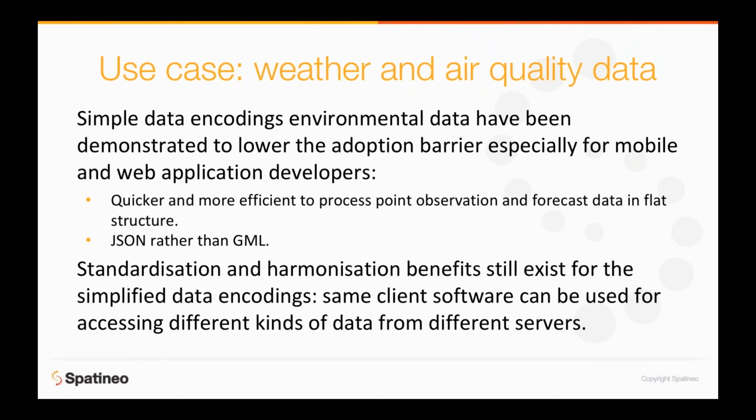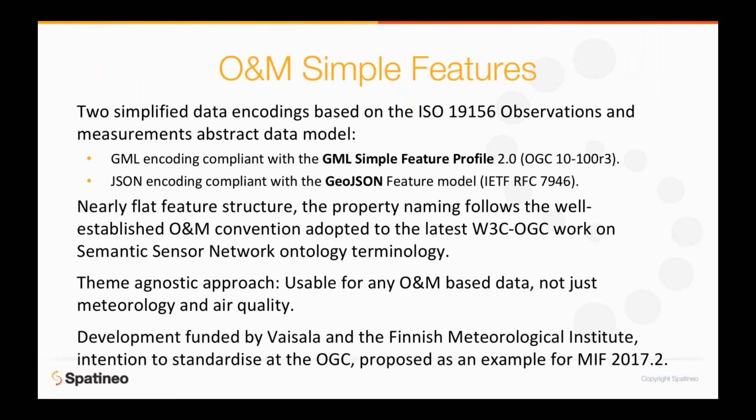So the standardization and harmonization benefits still exist there, and this is the issue that the FMI, the Finnish Meteorological Institute, together with a company called Vaisala, started thinking that we should find a better solution for this. And based on this problem statement, there are now